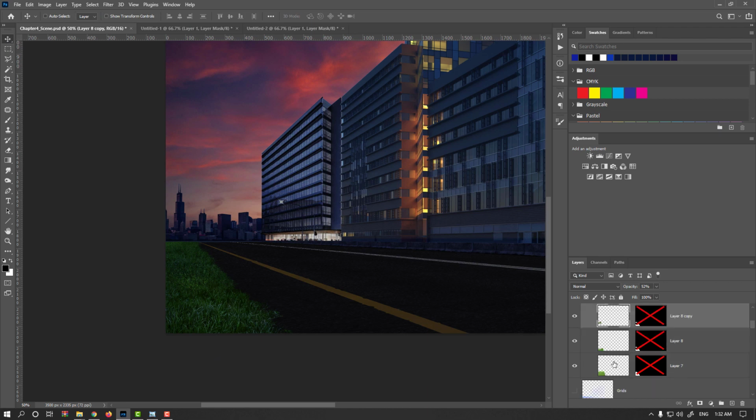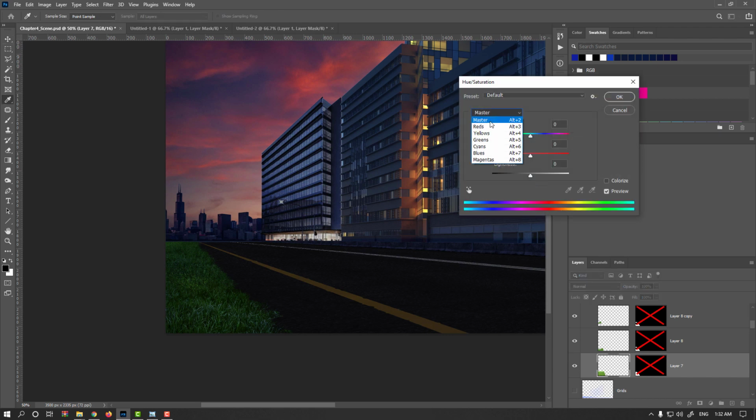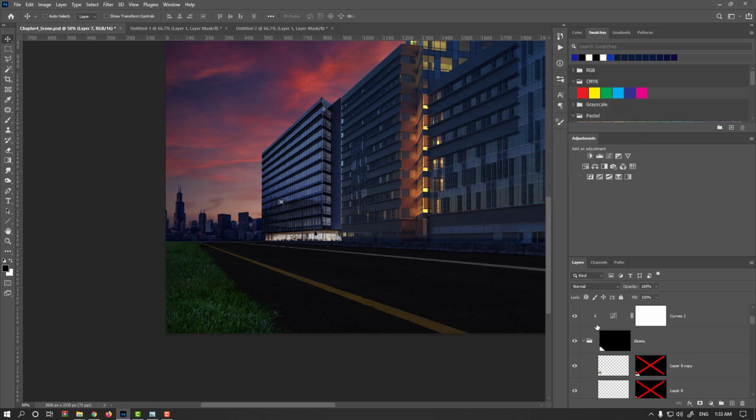And this one has too much yellow color, so Control or Command U, yellows, and you could shift the yellow values to other colors and desaturate. Okay, I think this is much better. Alright,